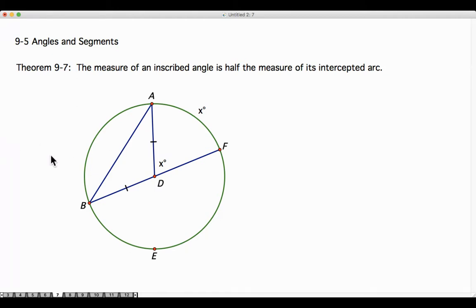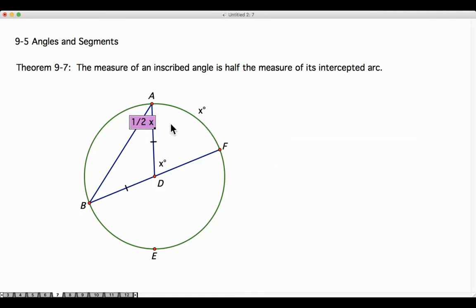And at the same time, we know that the angle at B and the angle at A must add up to this angle right here, because the exterior angle of a triangle is equal to the sum of its remote interior angles. So what we know, therefore, is that this is 1/2 of x